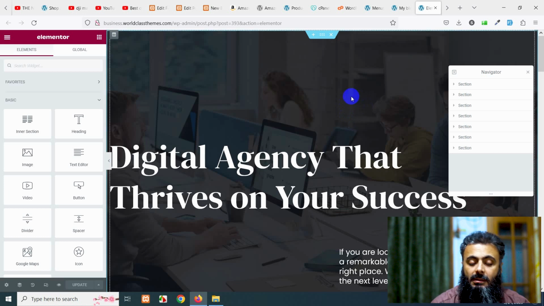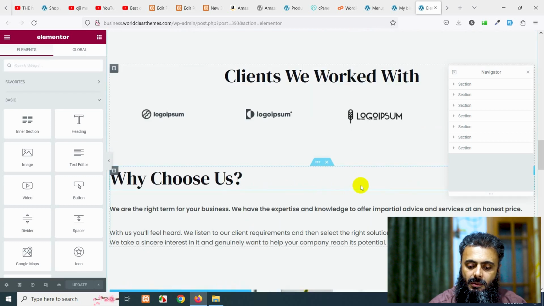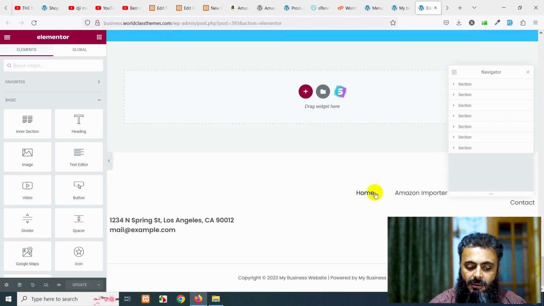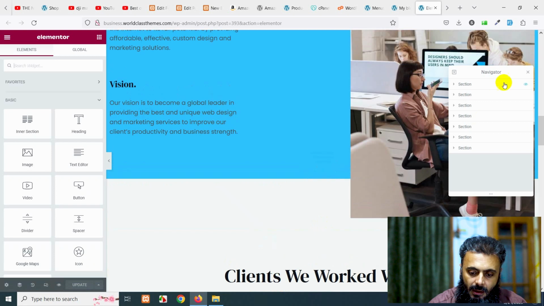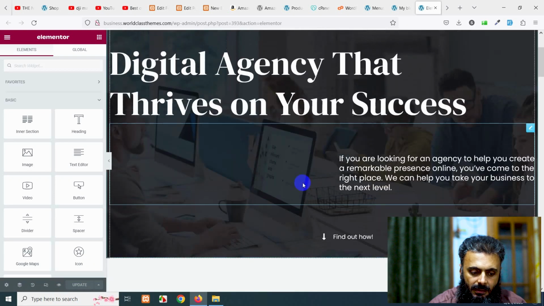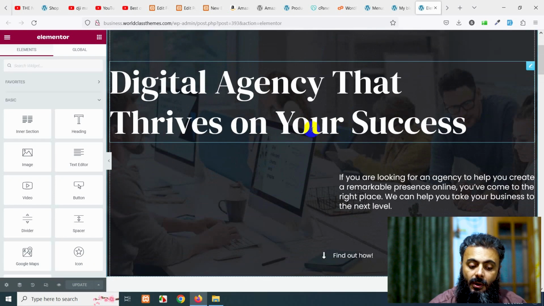After loading the Elementor editor, you can see you are not able to see the home page menu, because it is just the content. You will also not be able to see the footer. You can see it, but you cannot edit it. So let's close this navigator, and starting from the hero section,